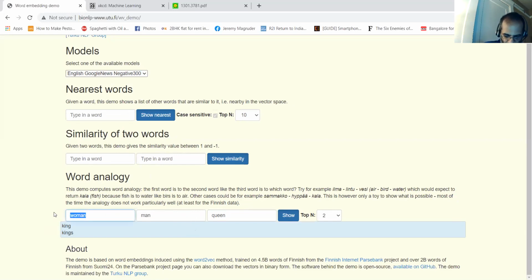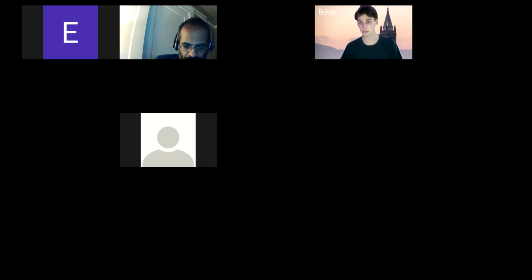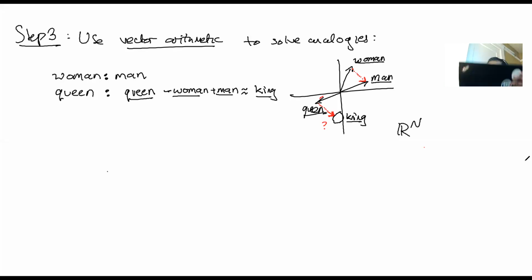But now you can run this on whatever, right? Like, I don't know, Japan is to Iran as USA is to... I don't know. You can type in whatever analogies you want, and this is literally just doing some very basic vector arithmetic, and it's giving answers that are not totally garbage. So anyway, later on in the course, we'll look at more sophisticated ways to make this better. But the summary of this is it just explains why vectors are used in machine learning. Representing data as vectors is somehow the